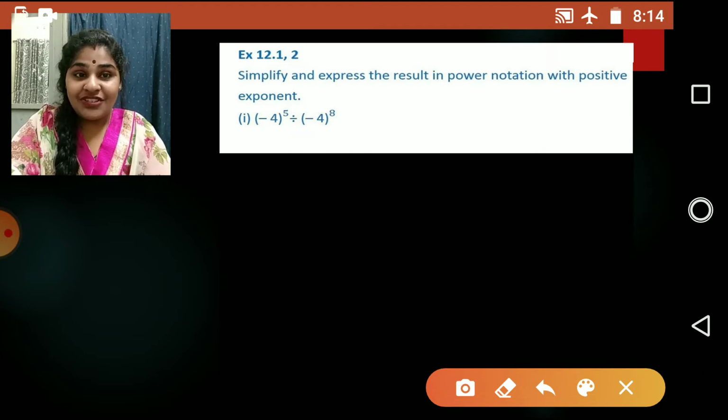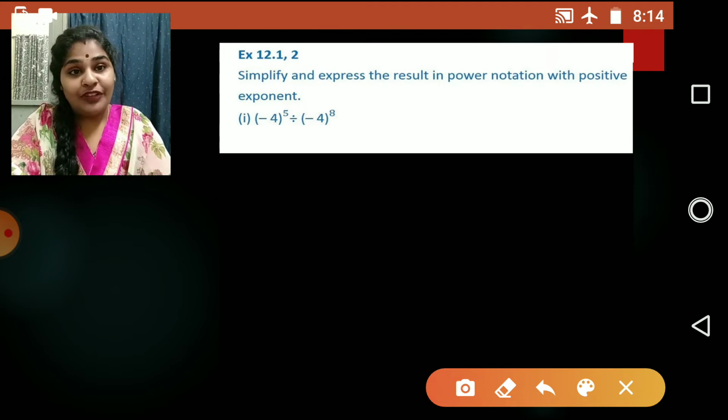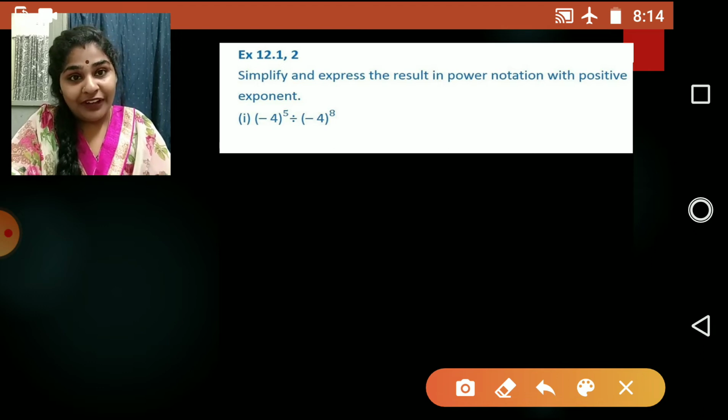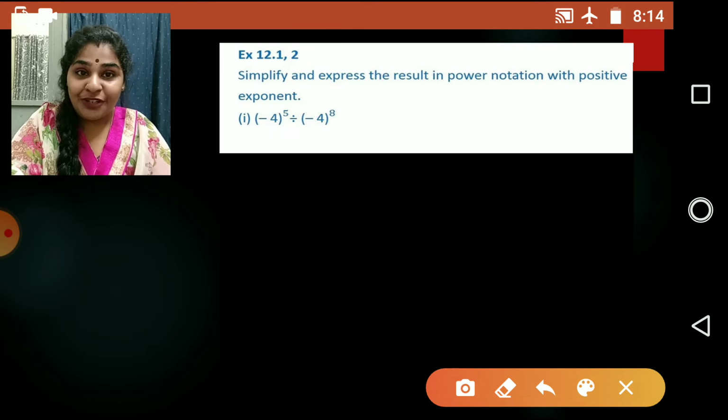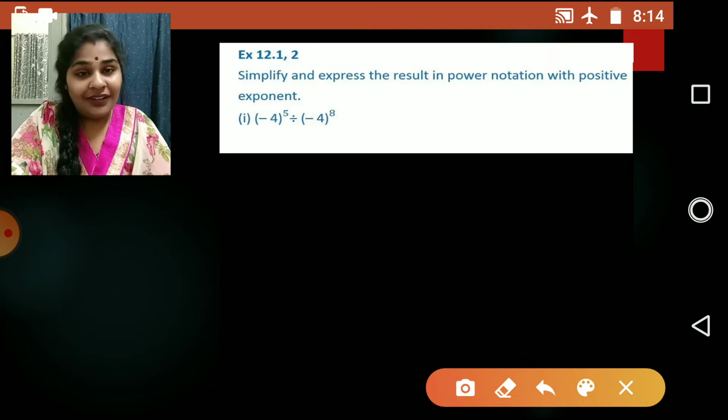Now this is very easy, children. You know the laws. So here which law can we use? You can see here now, the base is the same, the exponent is different, and it is in the division form. So which law is suitable? That you have to think and use. Now there will be different methods of solving these sums in exponents and powers, children. So whichever method you feel is easy, you can do, but by using the laws. Not that in the numerator writing 4 into 4 into 4 five times, in the denominator writing 4 into 4 into 4 eight times, and then cancelling. Avoid that, right? So using the law, you can solve.